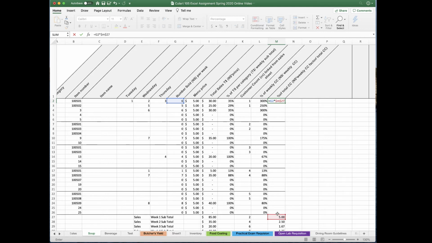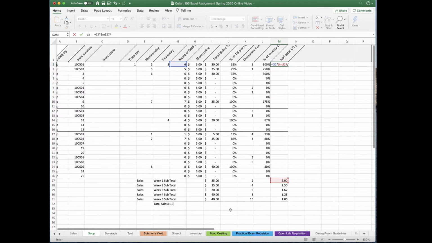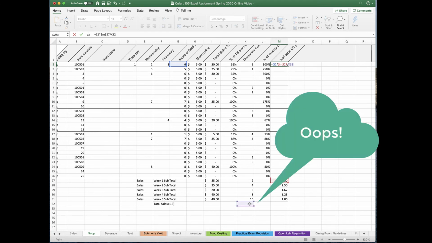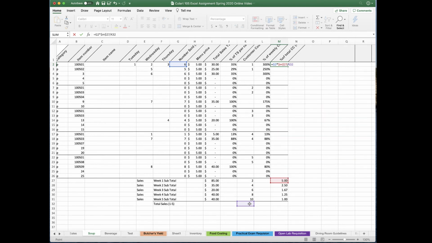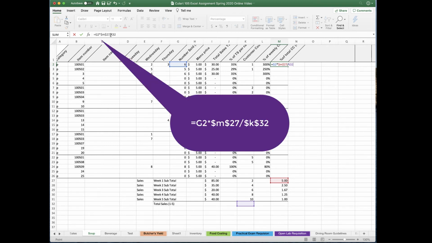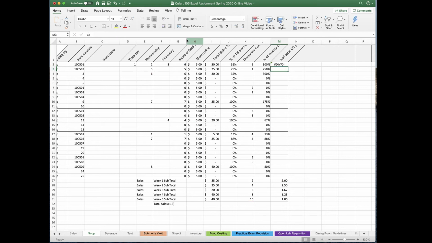And then divided by total customer count, which is here, but it's not here. So we're going to have to put him in, but you can still pick that cell, so it's K32, and then we want to put in our dollar signs. So I'll go up here, or you can also hit F4 to put in your dollar signs. We've got a 0 because there's nothing in this, so you can go up to auto sum,